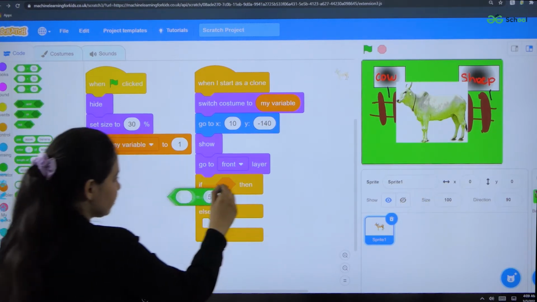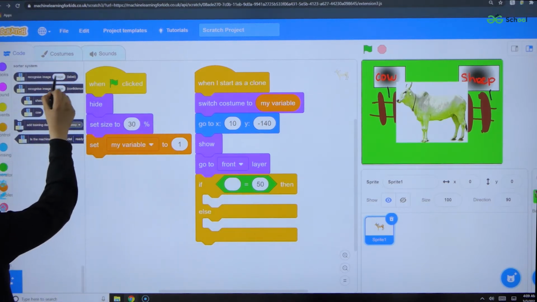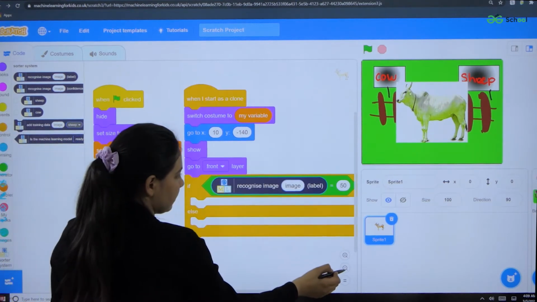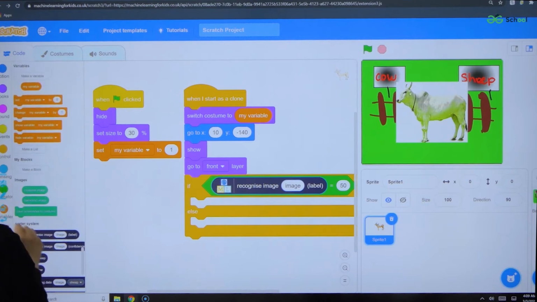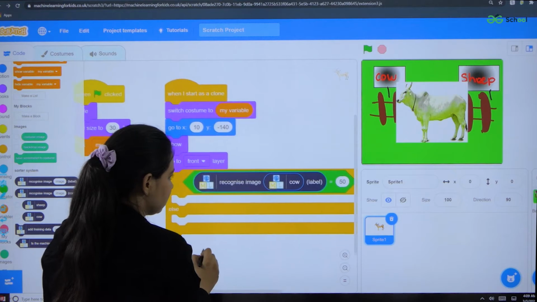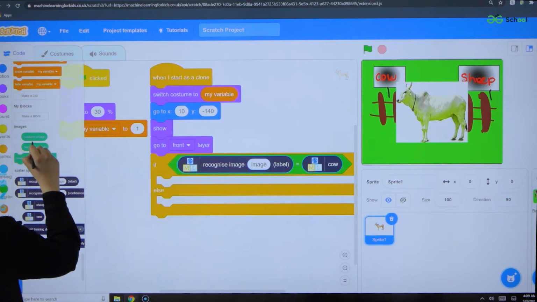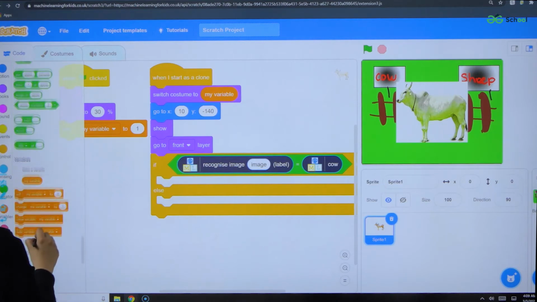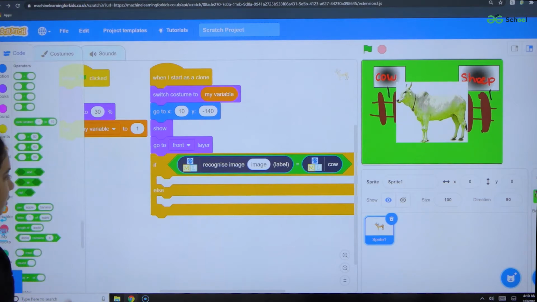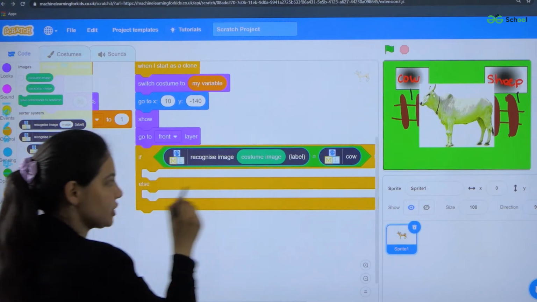I'll use an equals to operator and use the machine learning model block, recognize the image, as, if it's a cow, let's say. So firstly it will recognize my costume image.